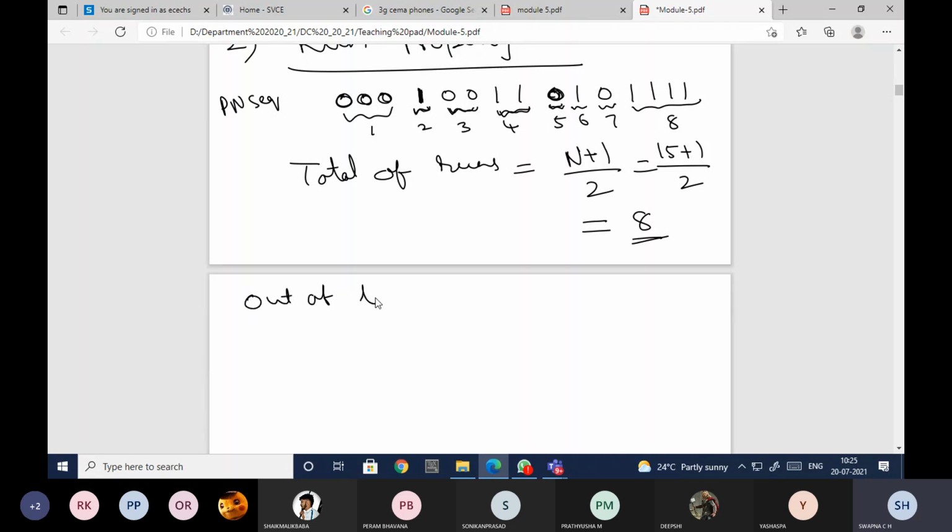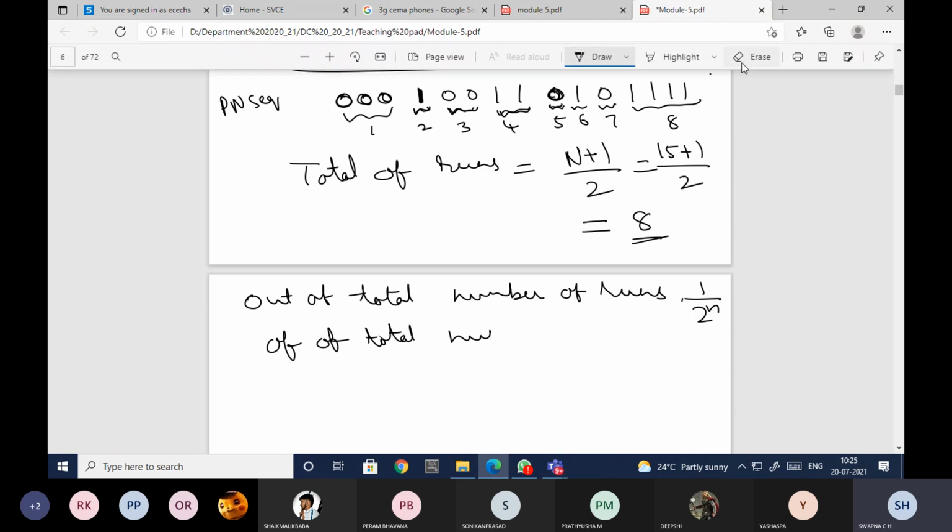Out of the total number of runs, 1 by 2 power n of the total runs are of length n.